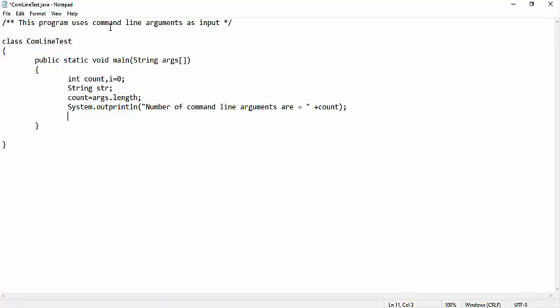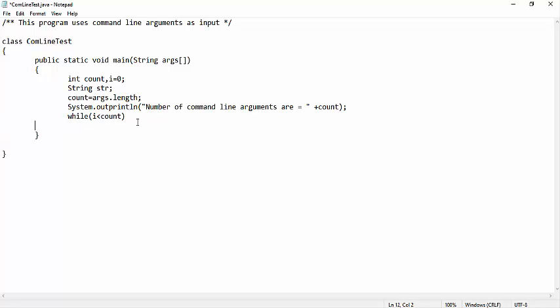In the next step, I want to print the values of the command line arguments which are passed as input. For that purpose, here I am using a while loop. In the while loop, I am using one variable, that is i, as a loop incrementing variable.